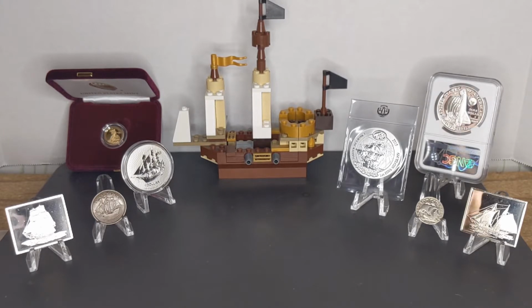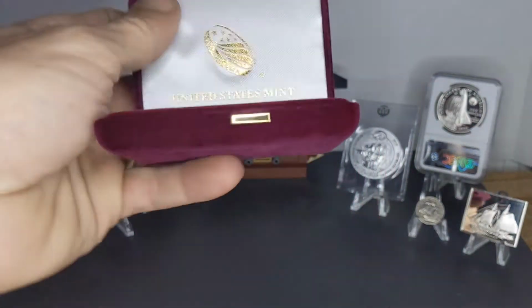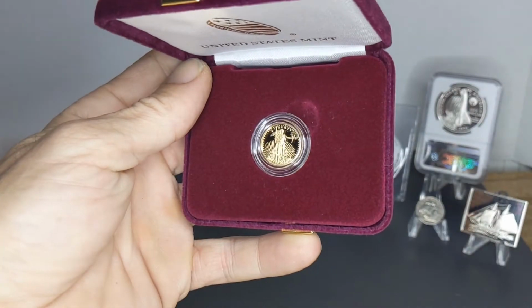Okay, so ship motif. Why the ship motif? And one of these things does not belong. Could it be the gold eagle? Could be that. Anyways, if you're wondering why there's a gold eagle sitting out here, you might remember that I